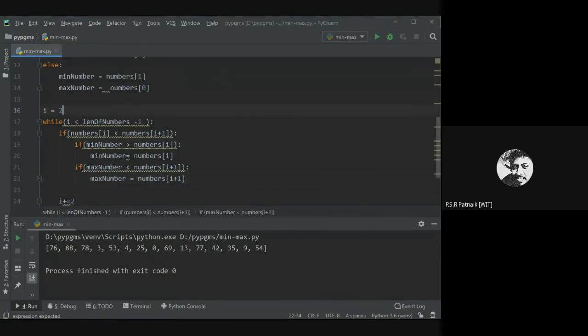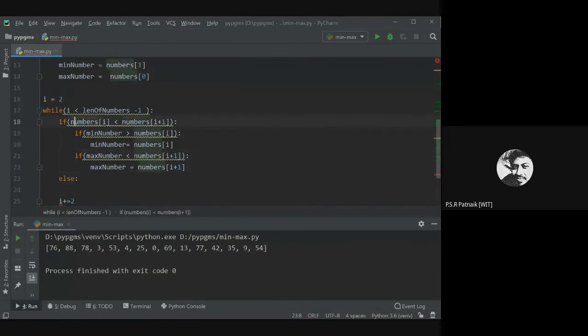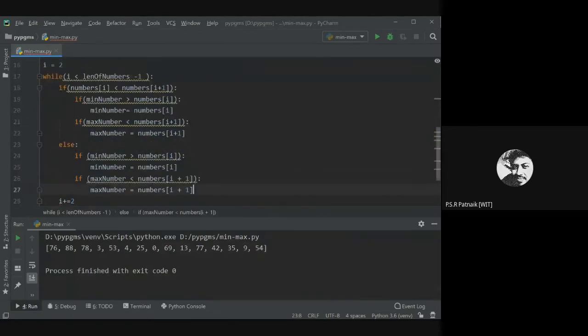So what if I have not yet written the else for this? So the else for this will be, what should I check? The first number in this pair is not less, the second number is less. In that case, what happens here? The internal conditions only change. Earlier number 1 was the minimum, so now number 2 is the minimum.